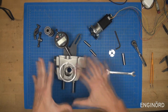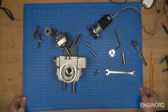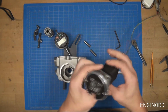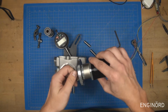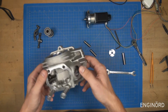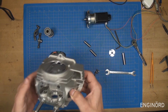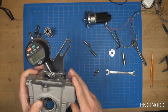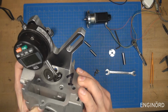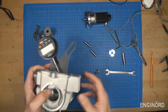When I was doing this whole layout, I did some calculations, and it turned out I need about 2.5 Newton meters of torque, and this motor with the gearbox would be able to provide that. But when I was testing it, every once in a while it wasn't able to turn it over. So what I ended up doing is I basically removed the outside springs. You can see on both sides, the inside spring provides a little less force, but nonetheless you can see that I can move it with my finger, and it moves the indicator. So the indicator is gonna precisely pick up the movement of that